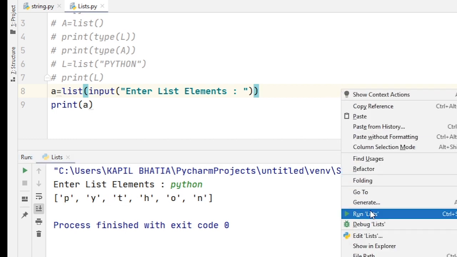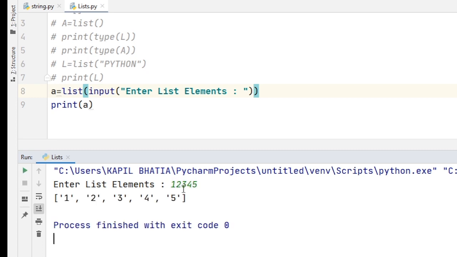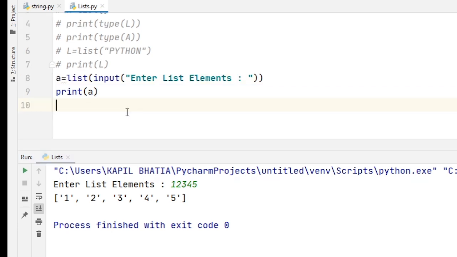One more time I run this code and input 1, 2, 3, 4, 5. That is a numeric value. Did you notice? This way the data type of all the characters entered is string, even though we enter digits. So to enter a list of integers through a keyboard, you can use the method eval. I just showed you how to get list elements in the form of integers or numbers.